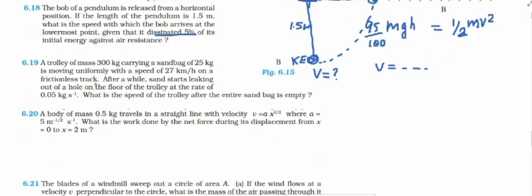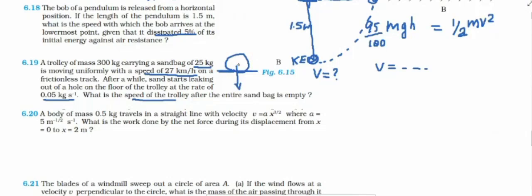Now next, a trolley of mass 300 kg carrying a sandbag of 25 kg is moving with a speed of 27 km per hour on a horizontal track. After a while, sand starts leaking out of a hole on the floor of the trolley at a rate of 0.05 kg per second. Okay, what is the speed of the trolley? So you can take it in this way, sandbag